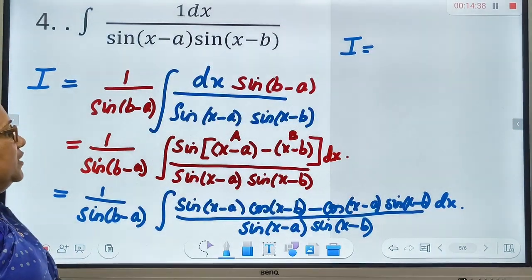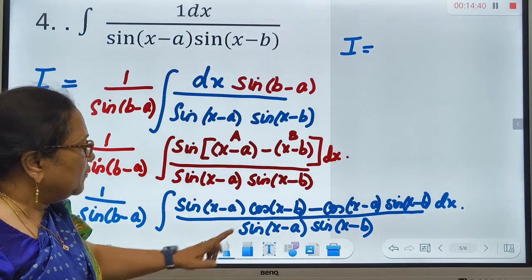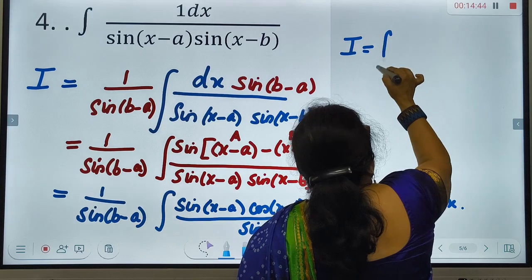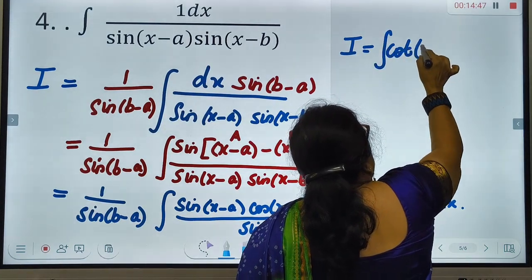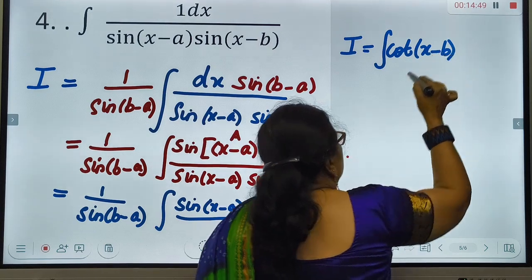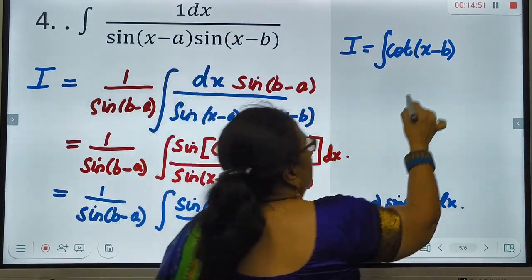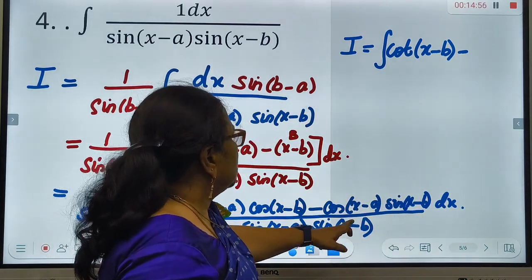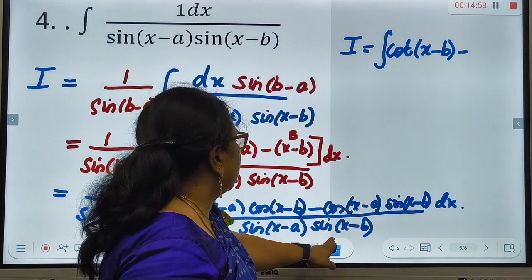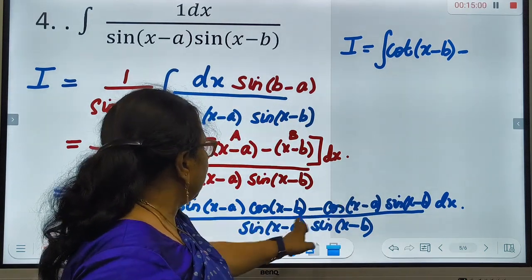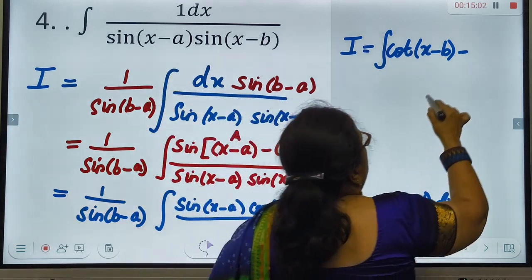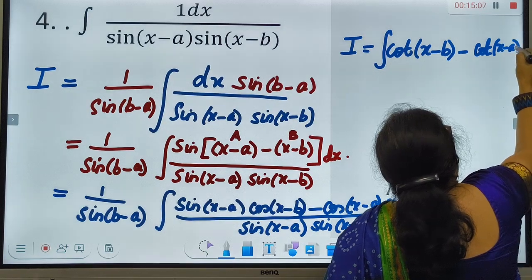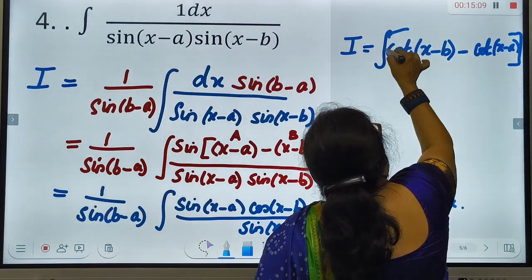I am going to simplify it further. Sin of x minus a gets cancelled. Cos of x minus b by sin of x minus b is the integral of cot of x minus b. Minus, now sin of x minus b will get cancelled. So cos of x minus a by sin of x minus a is cot of x minus a. So minus cot of x minus a dx,